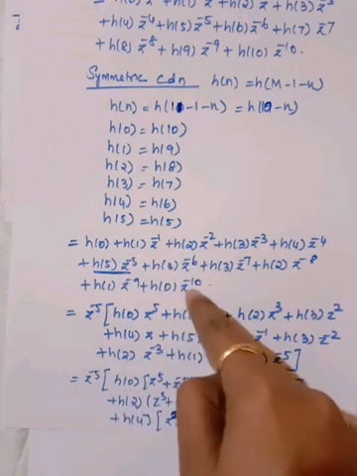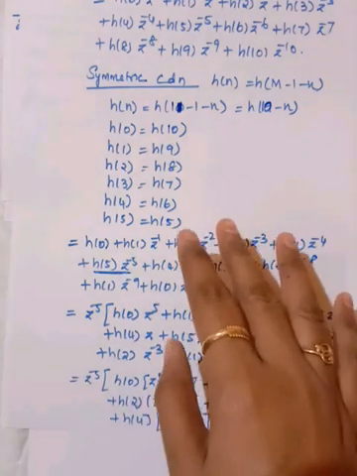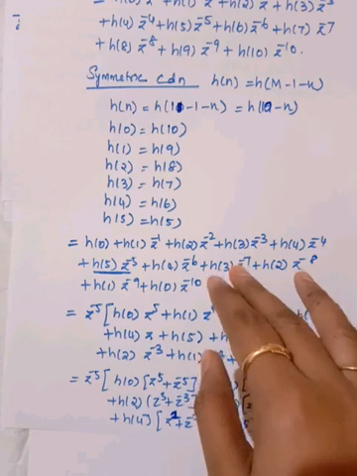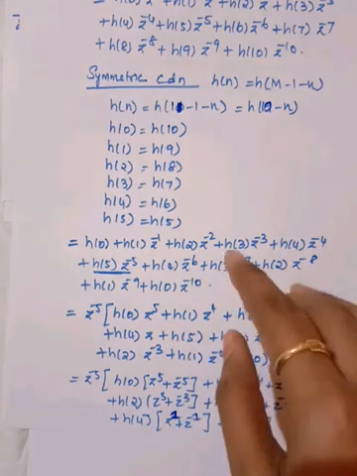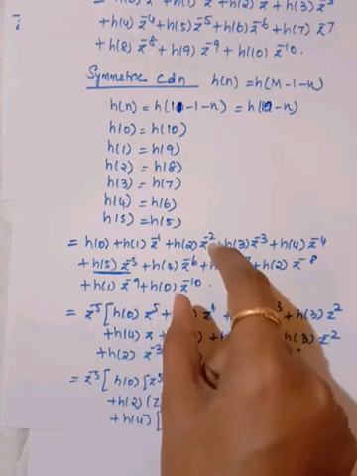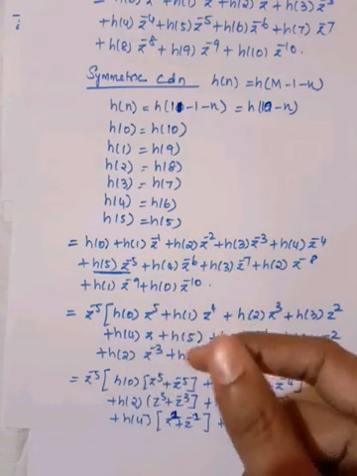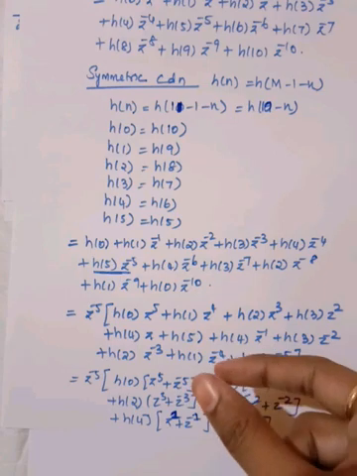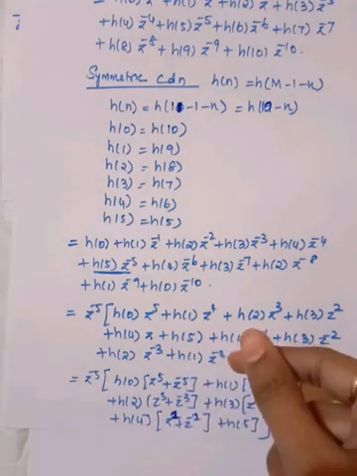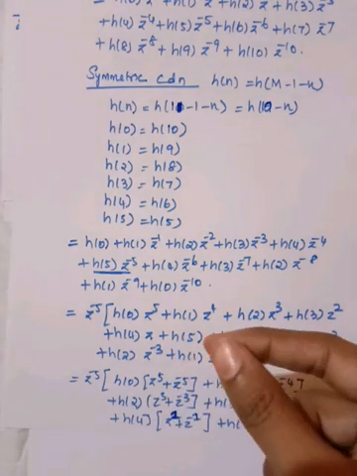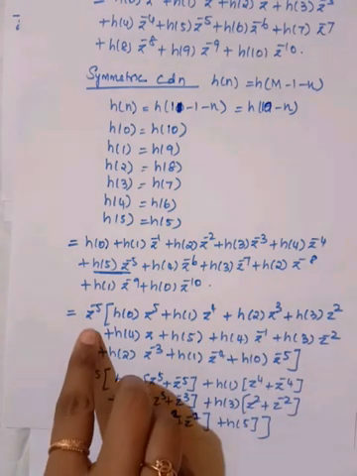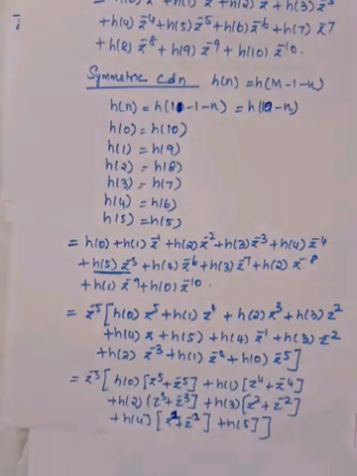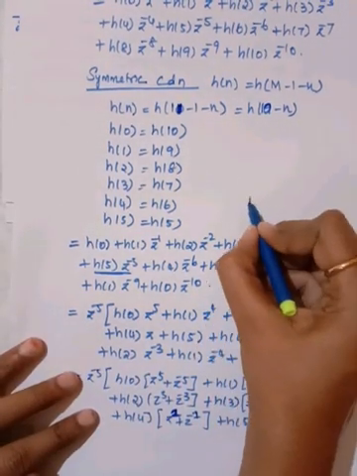I am writing this. Okay, now what we need to find, not prove, is the phase delay. So if we want to find the phase, first you need to find the frequency response. From the frequency response only we will find the magnitude and phase response, right? So in order to do that, you have to use a simple concept here.